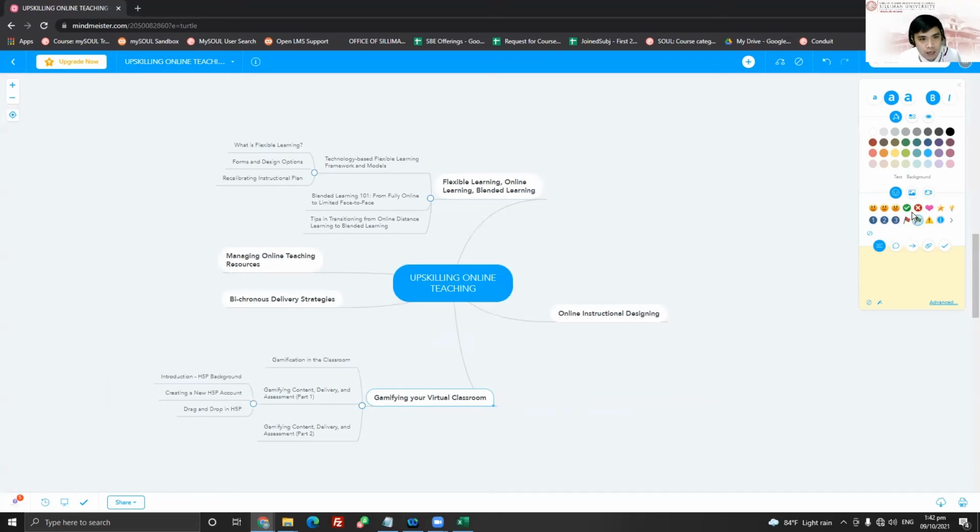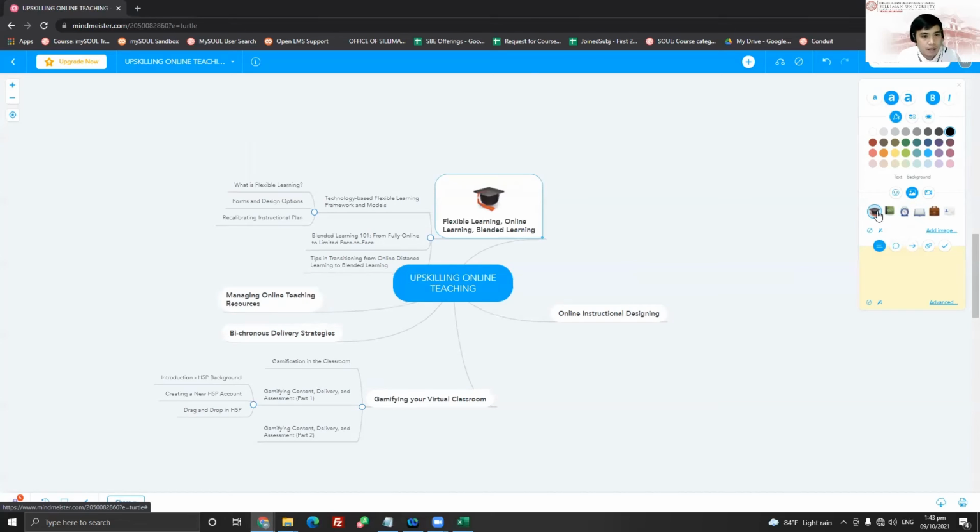Then also you can edit, for example, this one, if you want to edit the color, you can make it green, or you can make it bold. You can have it in a black. You can also use a text. Let's just say a picture background. You can put something there, and this one, maybe you want to put